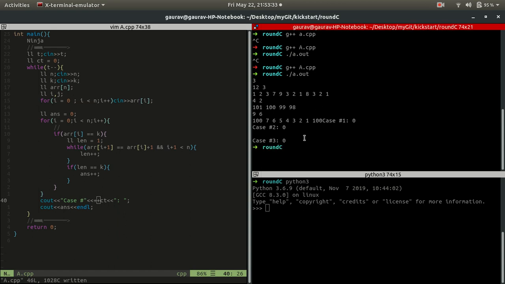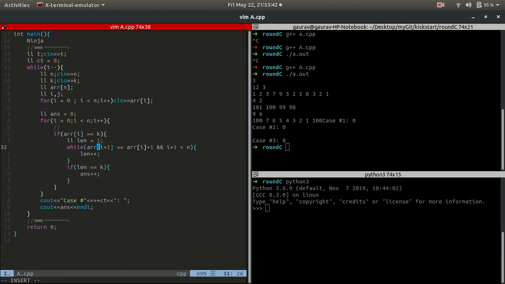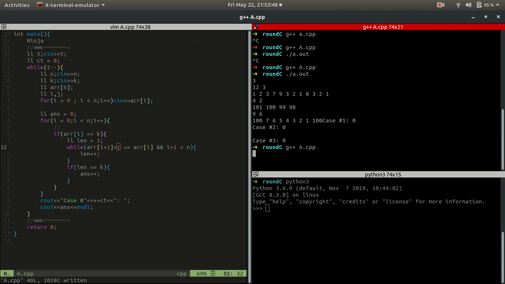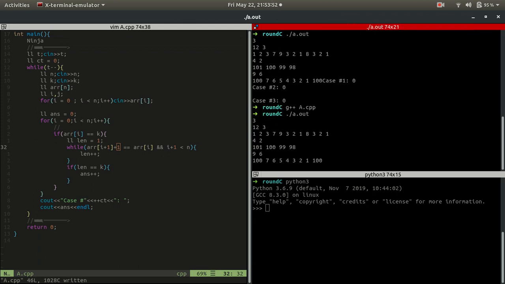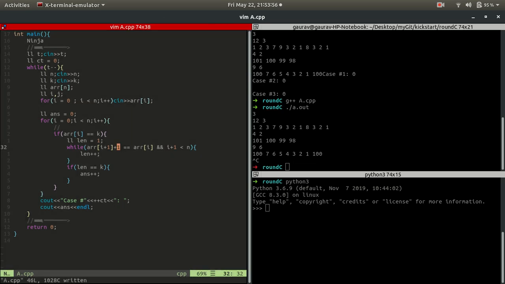Okay, so there was a bug. Okay, so we did not increment the i here, so we just need to increment i.